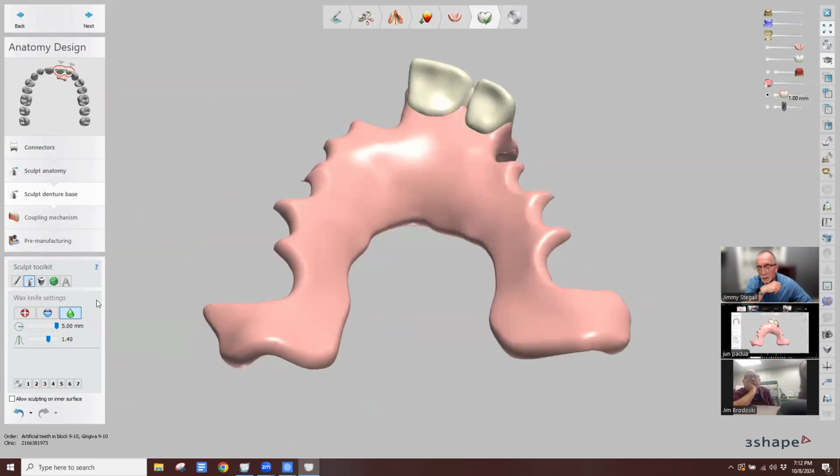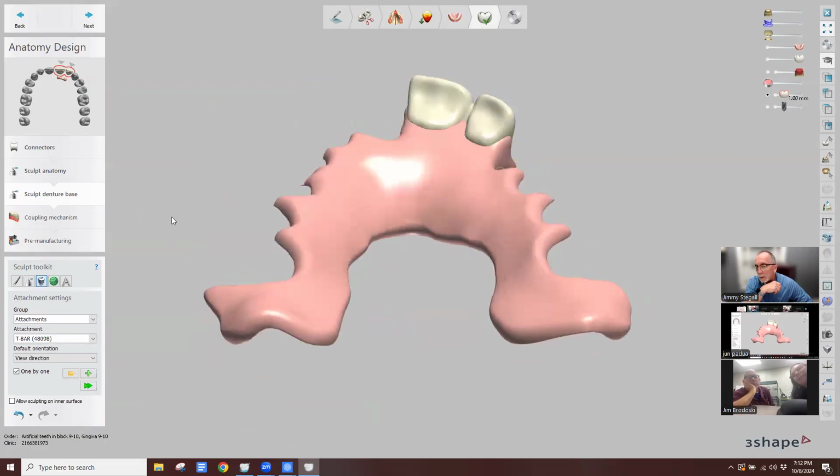So in the Sculpt Denture base is where we do that. And in something this small, I don't believe I can use the T-bar. It's too big a diameter. So this is one where I'm certainly using the cylinder, the 2 mm cylinder, global direction, and just